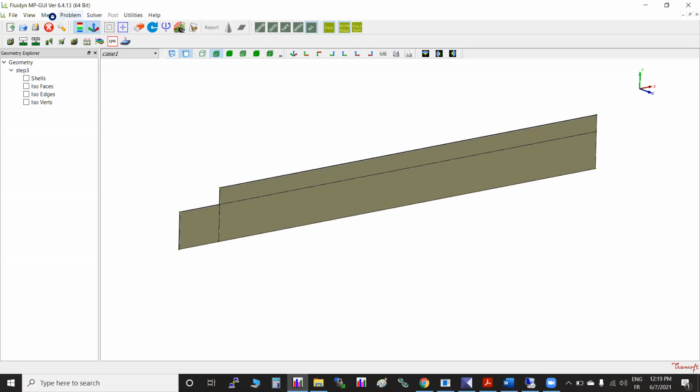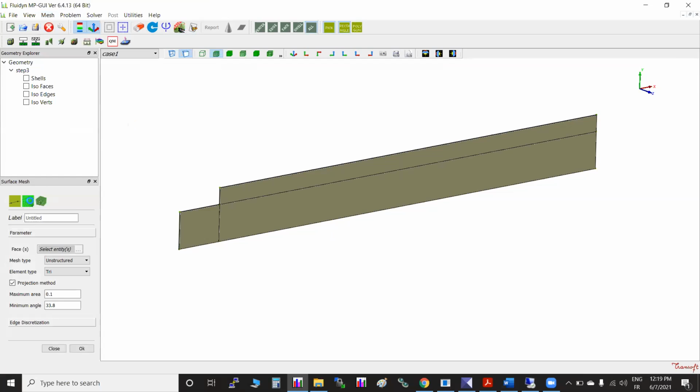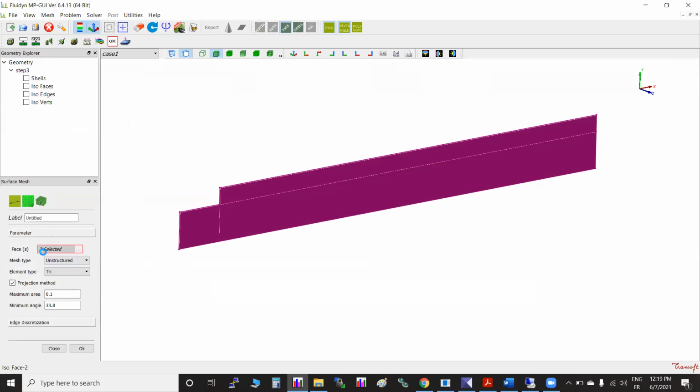For this, there is an option called On Geometry. We create on geometry. So 1D mesh, 2D mesh, 3D mesh, like that. So 2D mesh, surface 2D mesh. In surface 2D, this is the second option. This is 3D. Faces we have to select. So we will select one by using the control key. First, make sure that this dialog box is open. 1, 2, 3. So 3 selected by using the control key, just like normal selection, selecting with the left mouse key. Now for all these three faces, you have to go for a structured mesh. Mesh type: structured mesh. Type is quad only right now.